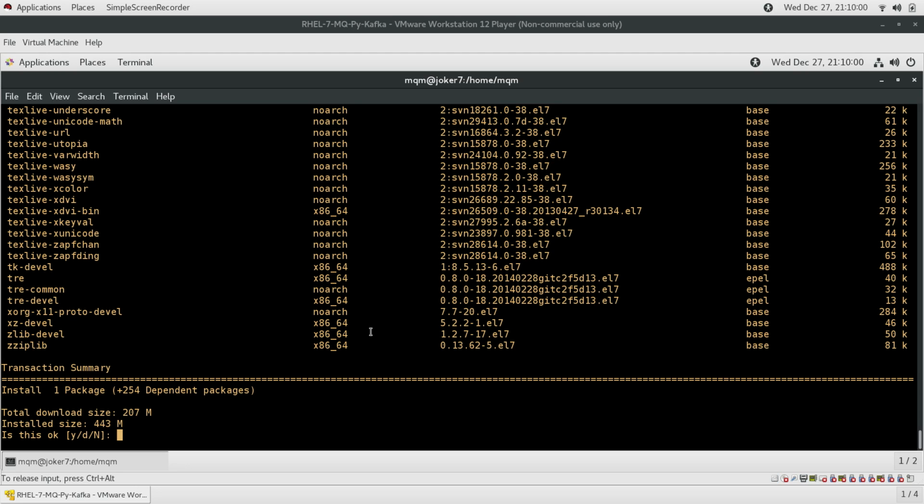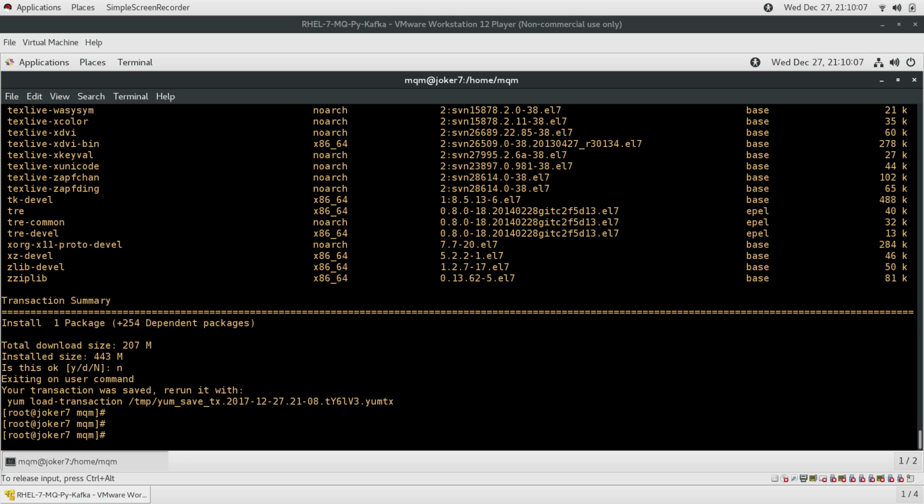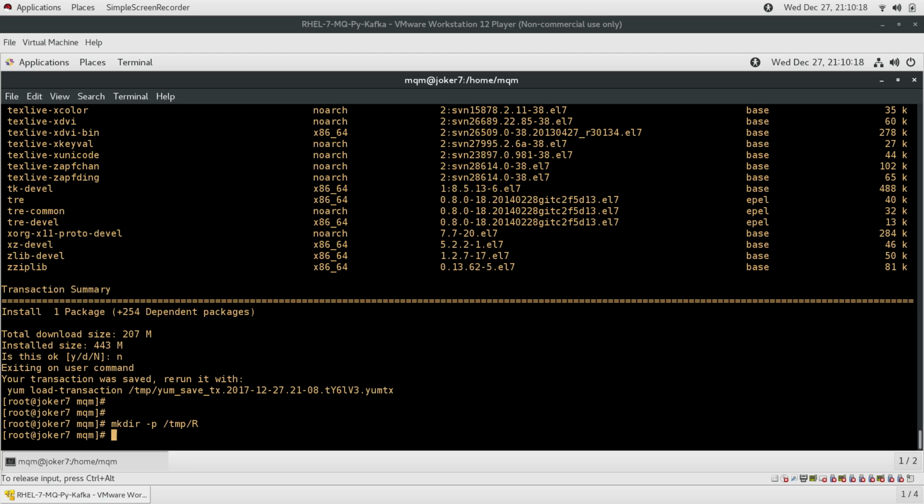Okay, so what I will do is exit out of here and instead download these packages. And this you can do for any other package, not just for R. So one of the things you will do is create a directory, and I will create this one. And now the same command,